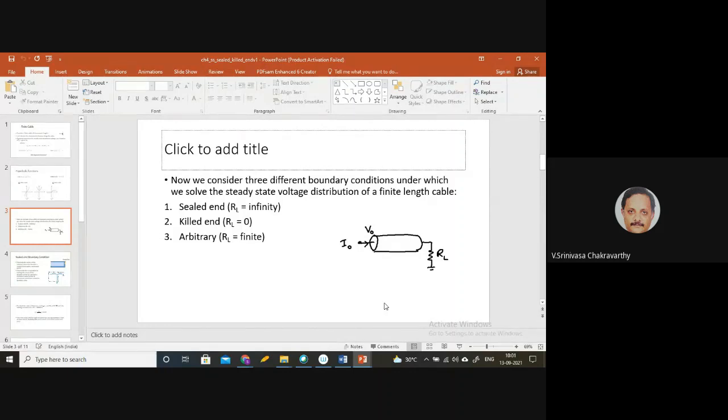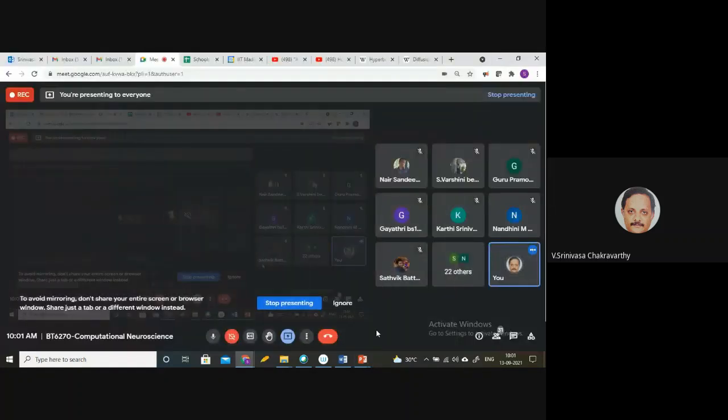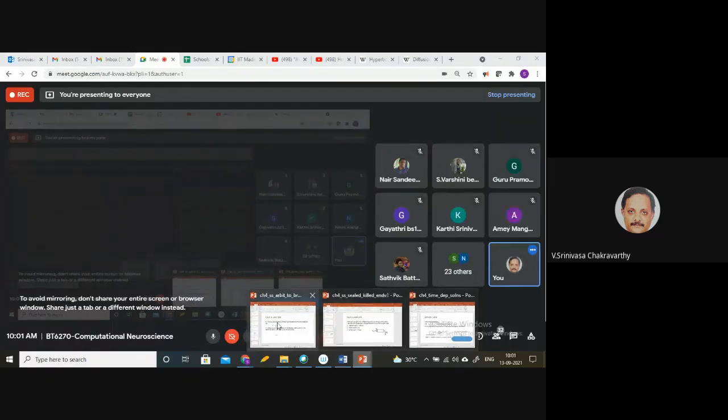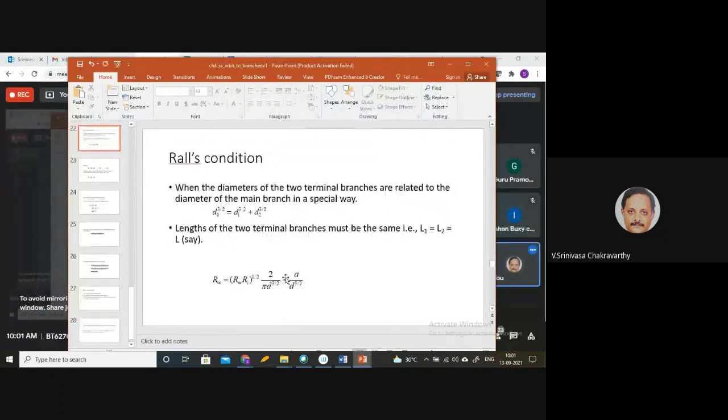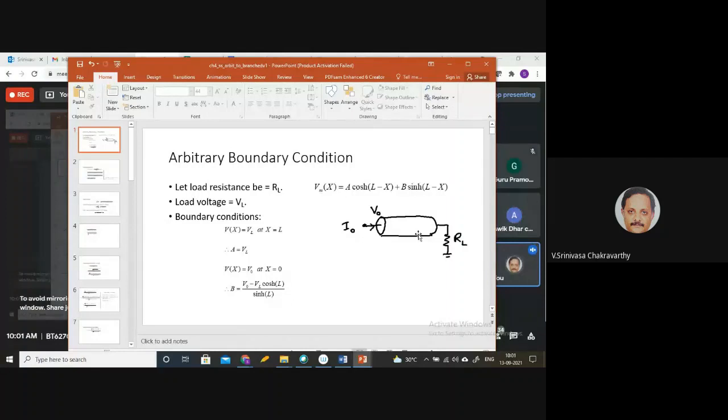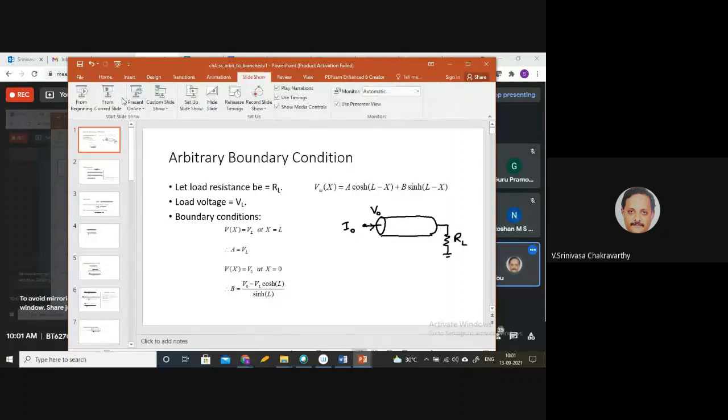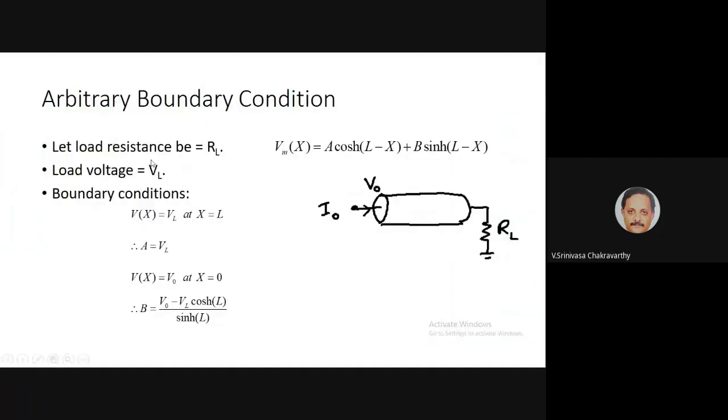So then we have the more general case where RL is finite. So let us work this out. And we also said that the interpretation for the arbitrary loading case, I think I mentioned in the last class,